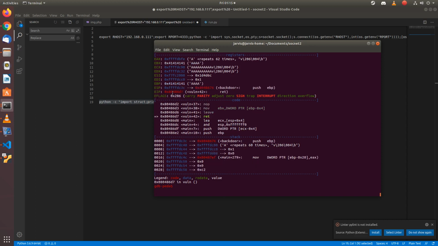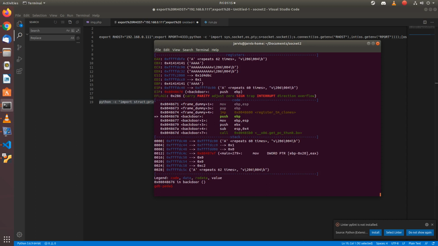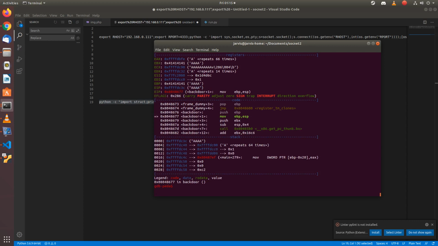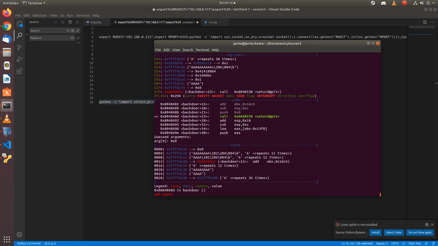You can check here if it gets modified. So the next instruction is ret, and what ret does is it pops the top value from the stack and puts it in EIP, and we are in the backdoor function. So let's check what is happening in the backdoor function. We are in the backdoor, sets UID to 0,